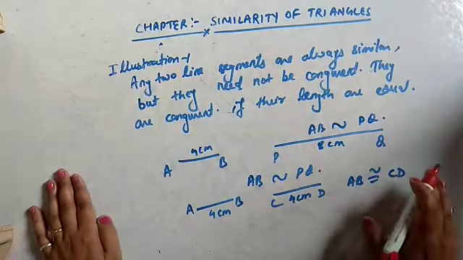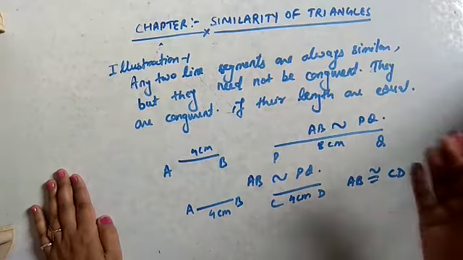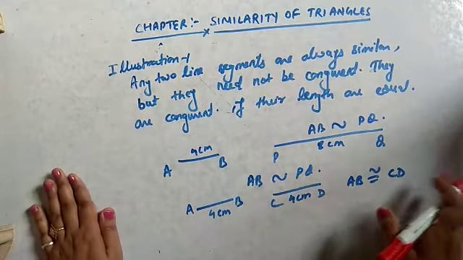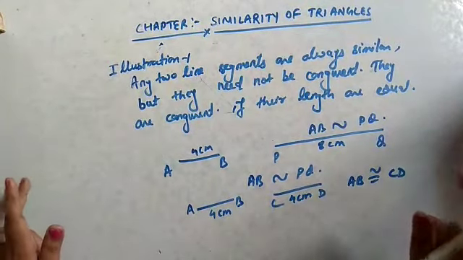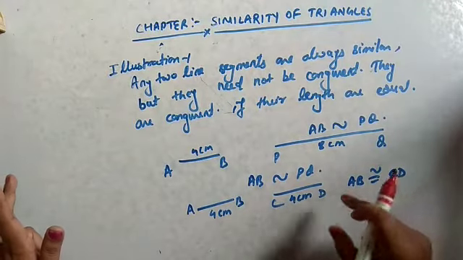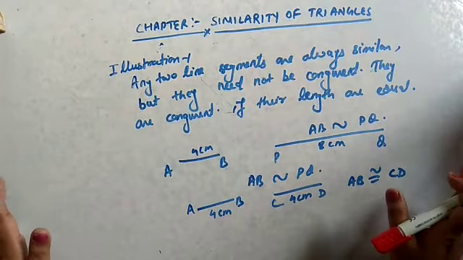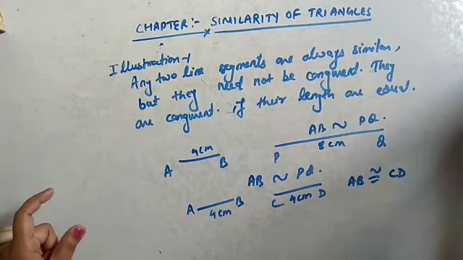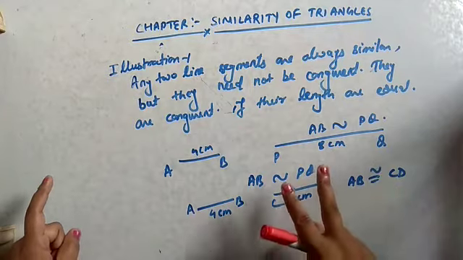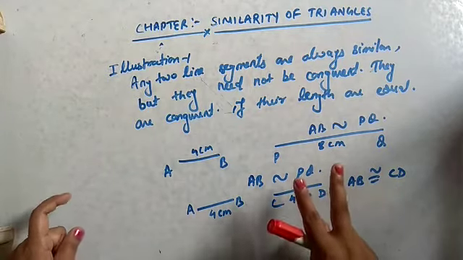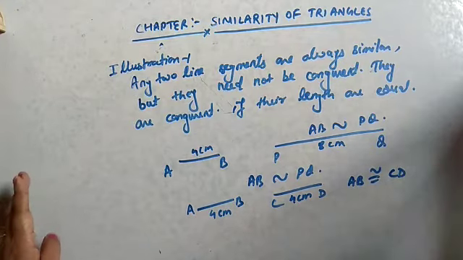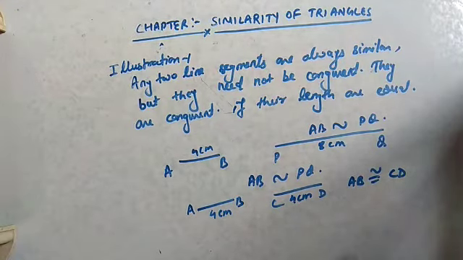Okay, so I think this is clear to you, when we can say that things are similar and when they are congruent to each other. So whenever we are taking two line segments, they are always similar to each other. But only if their lengths are equal will we say that they are congruent. My dear friends, please keep it in your mind that if two figures are congruent, they are similar to each other. But if two figures are similar, it's not necessary that they are congruent also. Okay, now illustration 2.